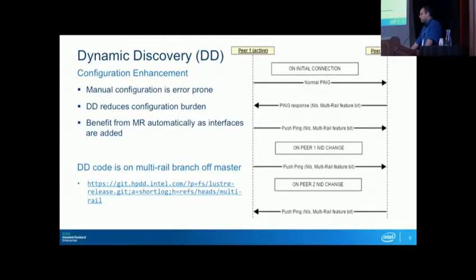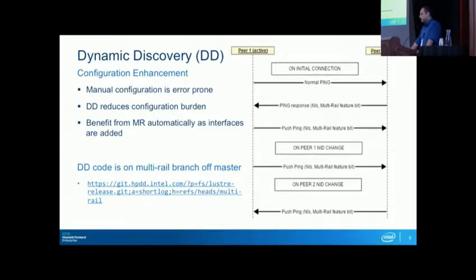So the first thing it does, it pings that peer with just a normal ping, and peer B will respond with set all of its interfaces and with a feature bit mask. If the multi-rail feature bit is set in that mask, we know that the peer supports the multi-rail feature, and then we do a push of our interfaces to the peer. At this point, both the node and the peer know each other's interfaces, and they're able to